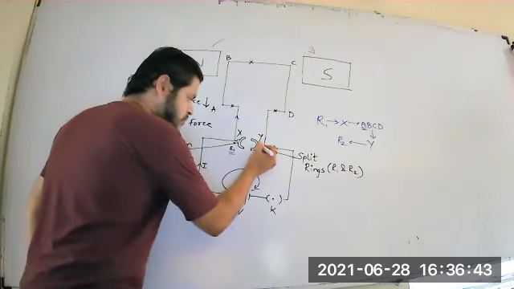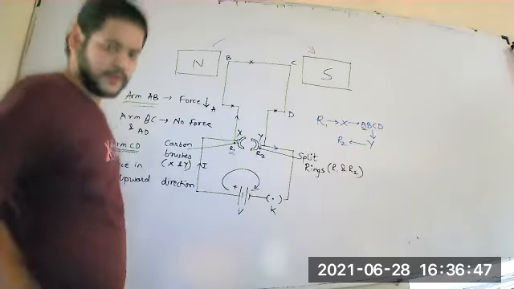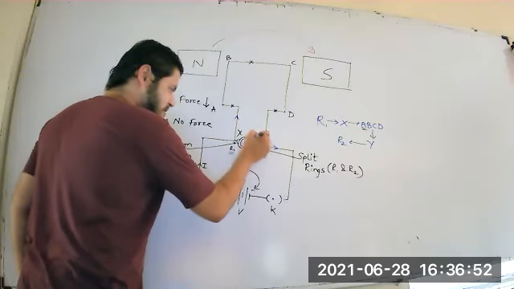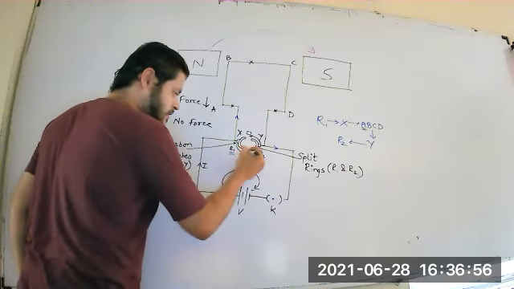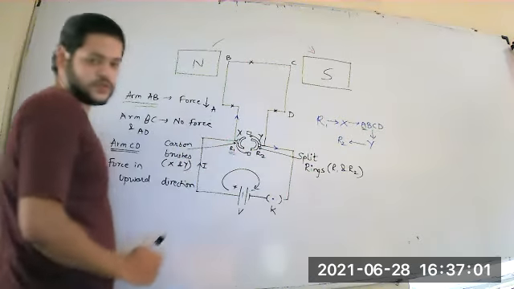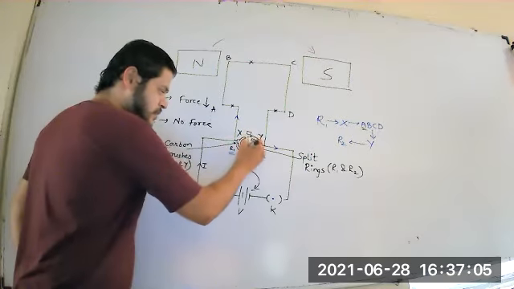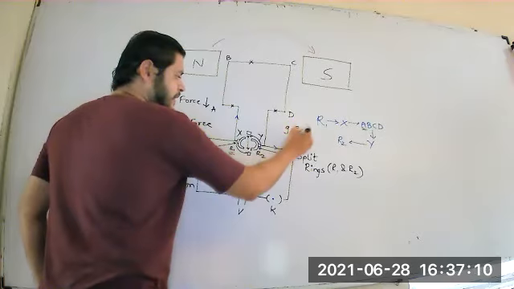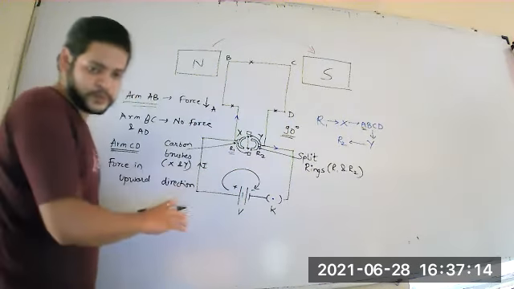This connection point, or this brush, reaches the top position and this brush comes here. So if you observe, the split rings are used here. For a fraction of a second, when the brushes are in this position and the coil is at 90 degree position, the flow of current stops.